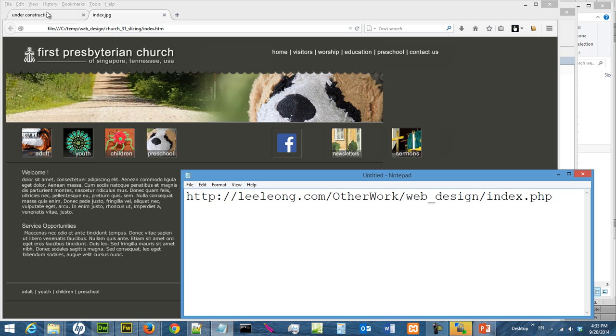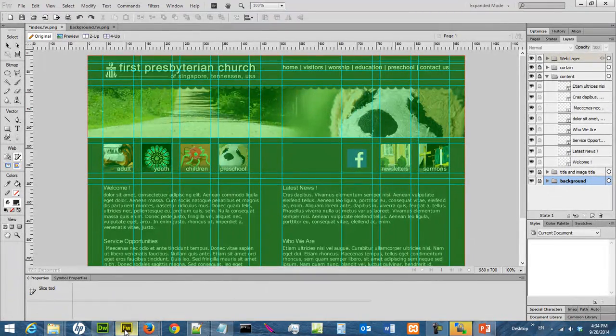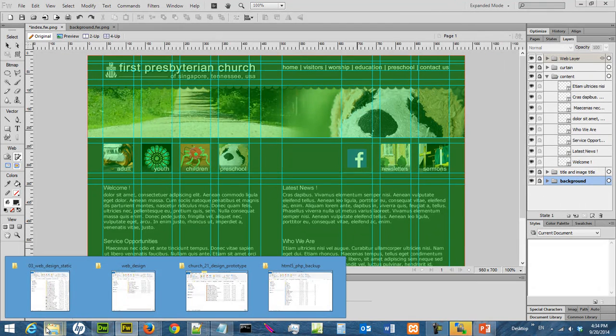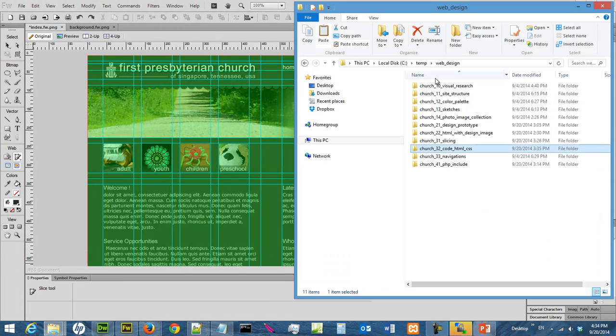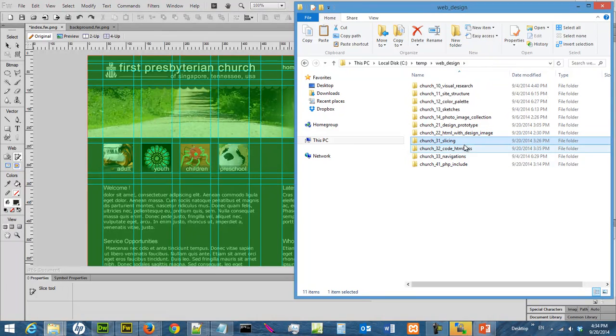Yes, this website. So where we stopped was we finished slicing. Sorry, Fireworks. We finished slicing, and you can switch on and switch off your slices here at the web layer. And we have exported the slices to C Drive temp web design, the slicing folder. What we're going to do is we are going to code